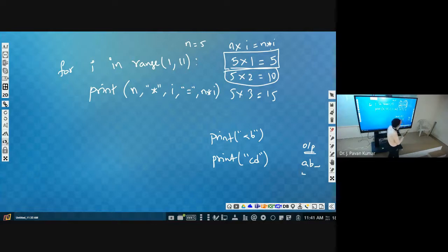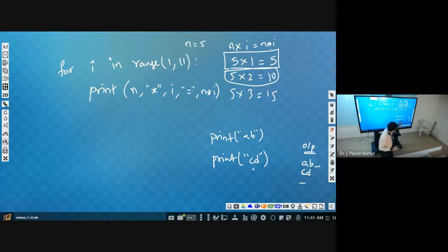After printing, whatever you print, if you use print, by default it will end with new line. That means it will place the cursor, that blinking one, that is called cursor, in the new line. Next, whenever we try to print the next one, it will print from wherever we have the cursor. Then after printing, again it will place the cursor in the next line. Whether we will print on the next line or not, that is secondary, but it will place the cursor in the next line.